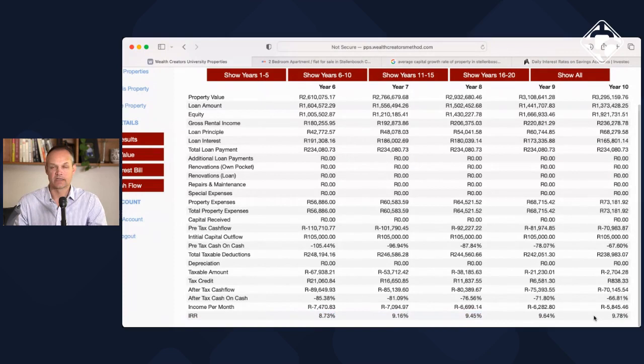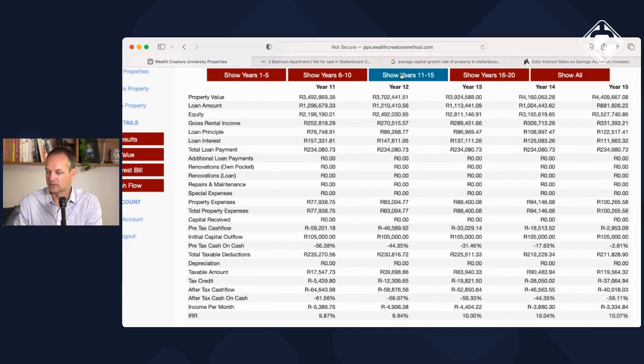And that's based for a very simple reason: that initial cash flow, that 105,000 that we invested on day one, we're moving further away from it, and the income that we're able to generate grows faster than the expenses. So you'll see that year over year, slowly but surely, that internal rate of return will increase over time.